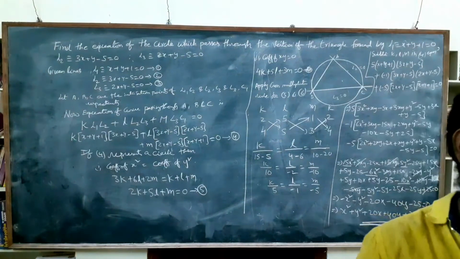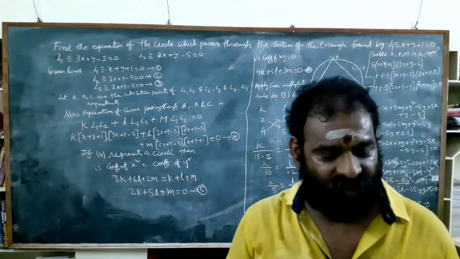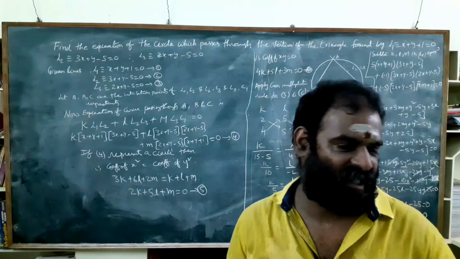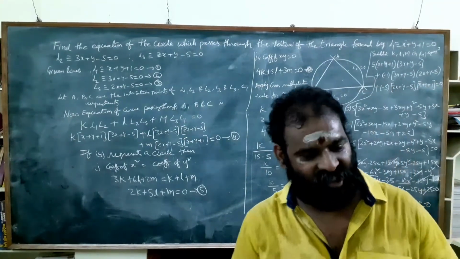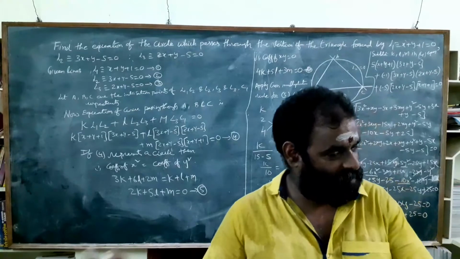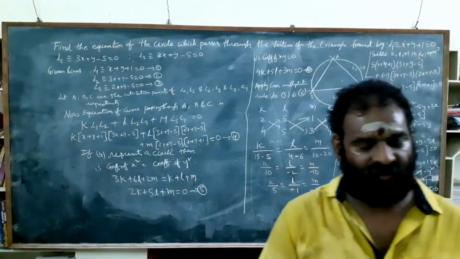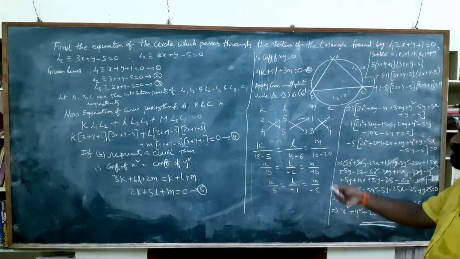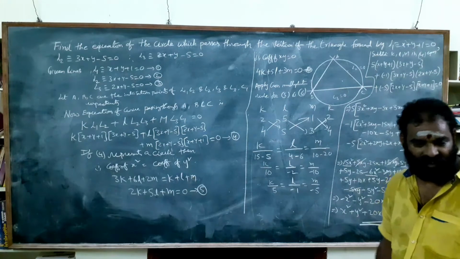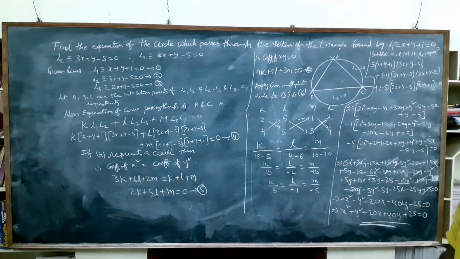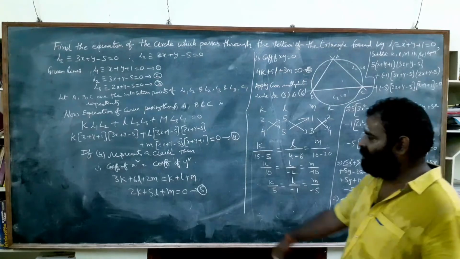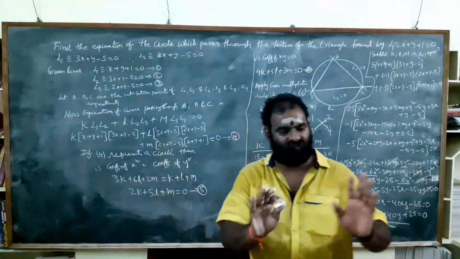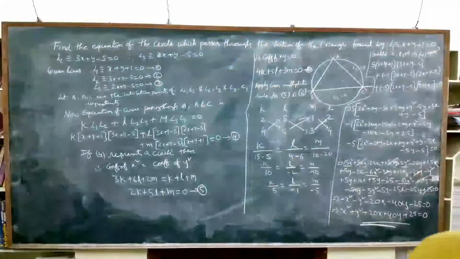You substitute all these 3 points, then you get 3 different equations in 3 variables g, f and c. By solving those 3 equations, which will be discussed in so many problems earlier, so you have to follow that method. It is also same answer. You also get answer. So this is the simple method, one of the simple method. There is no complication here. Be alert in multiplication only. What the difficult in this problem is, you must be alert. Why? In multiplication and in comparing the coefficients, you must be alert. Okay, very important one.